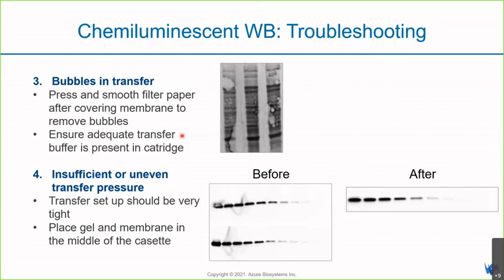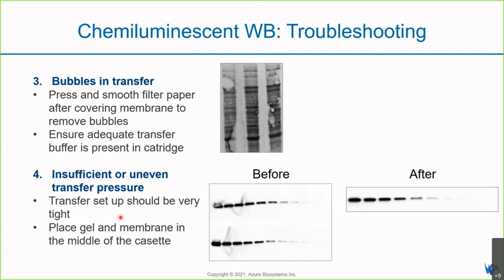Right. This is the image that you will see if your transfer is not having enough or uneven pressure. Thus, you will see the proteins are going haywire. They are not going in one direction, A to B, like vertically. They are not doing that. So how you should do is the transfer setup should be very tight,